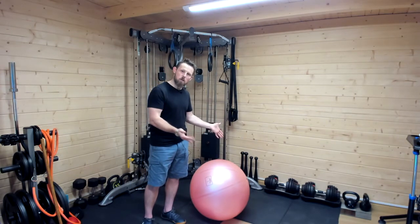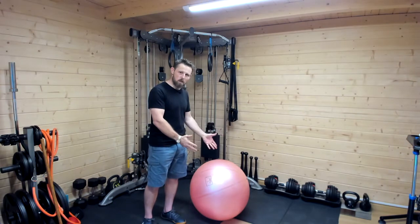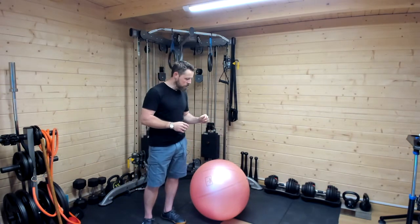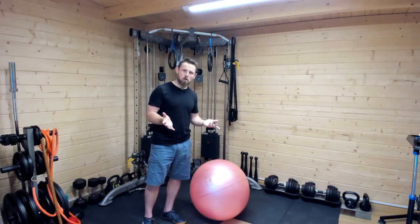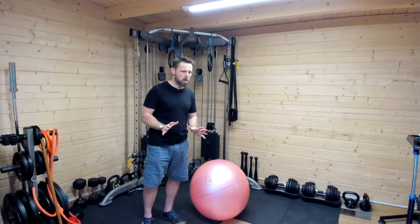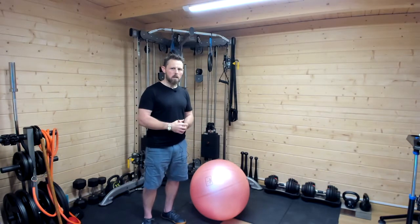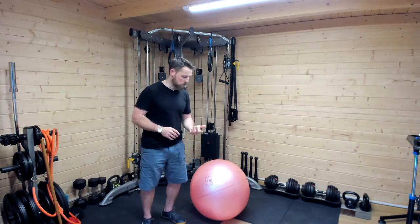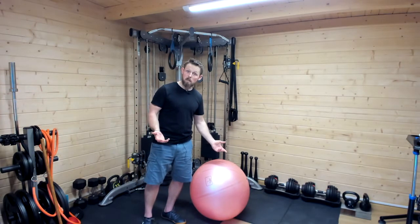It's only when you introduce an idiot to it that it becomes wild and uncontrollable. So let's familiarize ourselves with the Swiss ball and simple things that you can do in the gym that will actually increase your bang for buck from your exercises. So the first thing is,